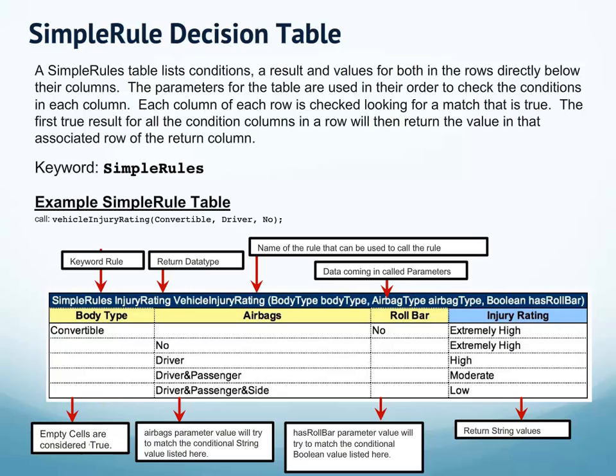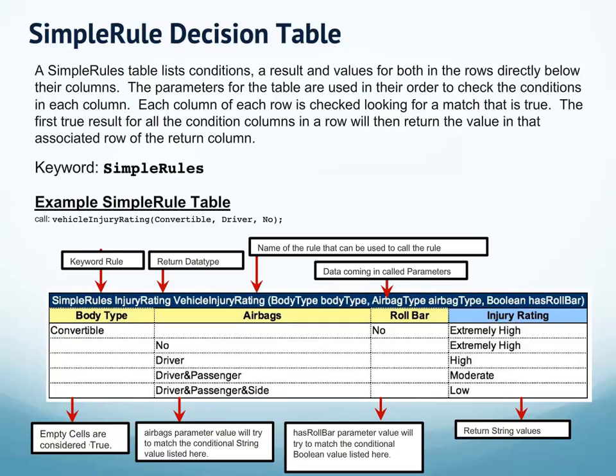So here's our first example of a simple rules table that should be used when you need to return a single value which is determined by matching a parameter value and a conditional value. So the simple rules table will list conditions and then a result and values for both in the rows directly